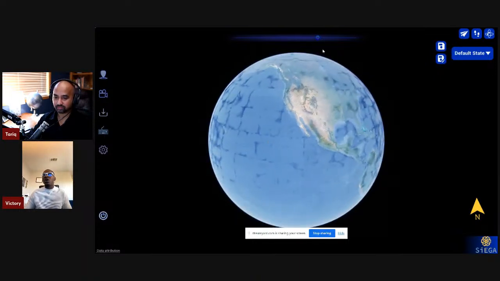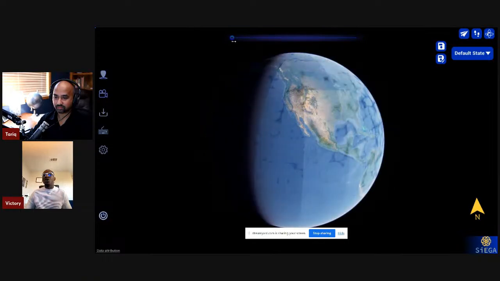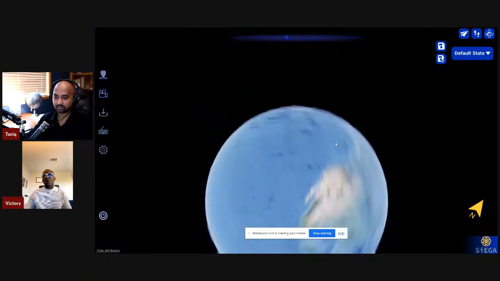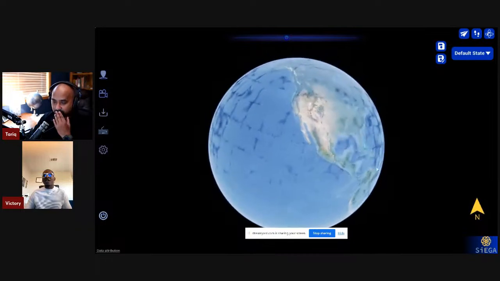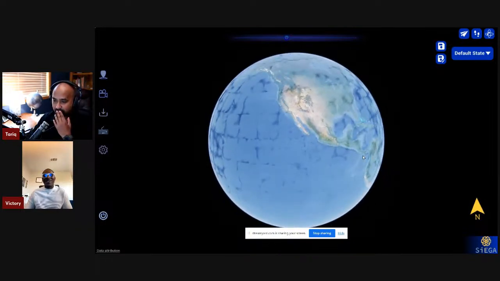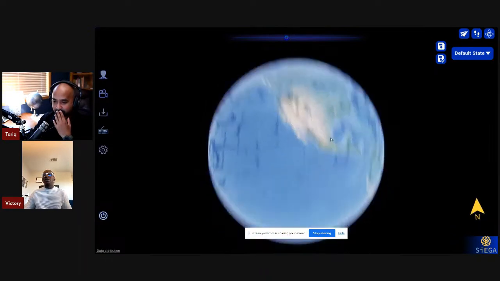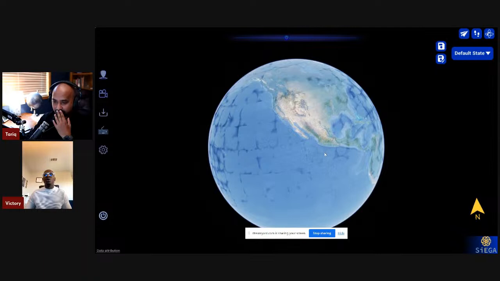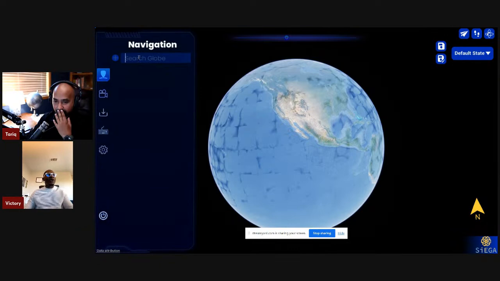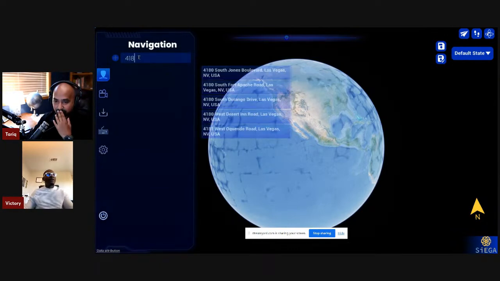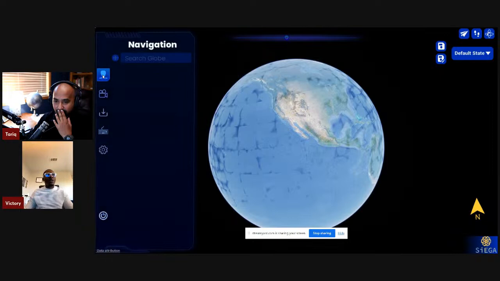Before I move forward, I just wanted to show you, Tariq, that you can see the north arrow on the right. It kind of works. It's not true enough, but it's close, right? And I could fly to different places to show you how the model would work. So that model I showed you earlier, we also have, again, one of the differences here with the globe viewer and the light viewer is that you can literally search for an address or a place name